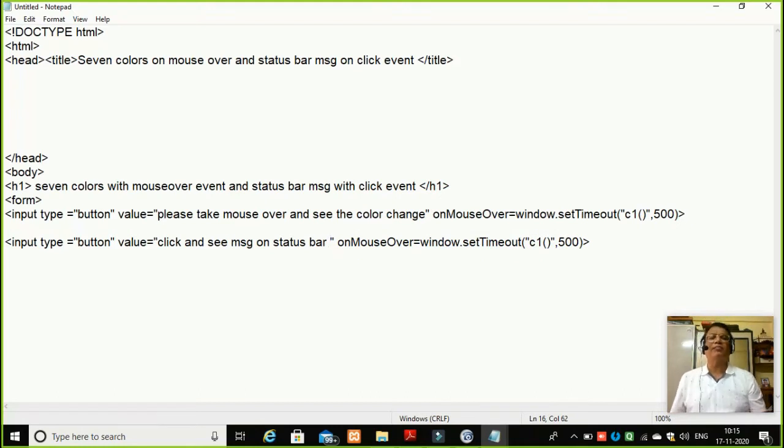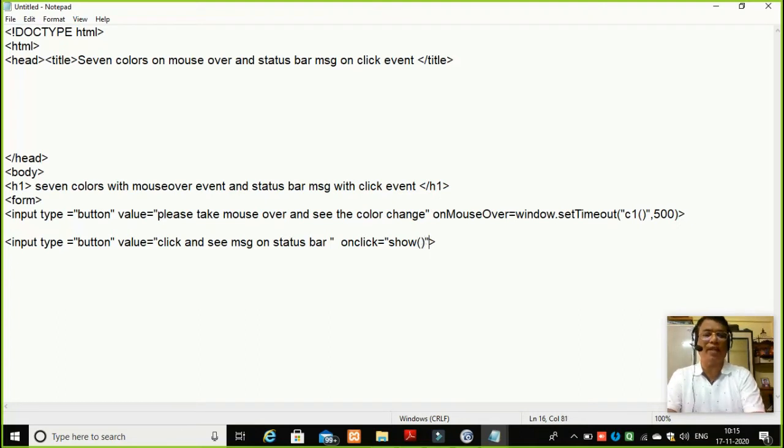Here it was not an event which is on mouse over, it is on click. Same, but here I needed to call a function known as show function. I don't require a time over here, so I will write show, open bracket, close bracket.